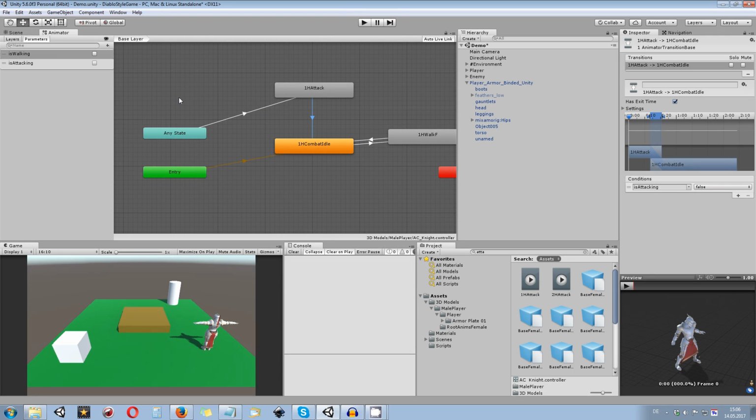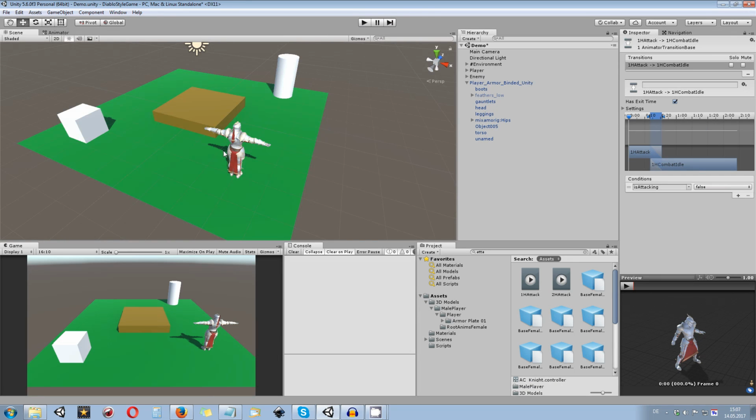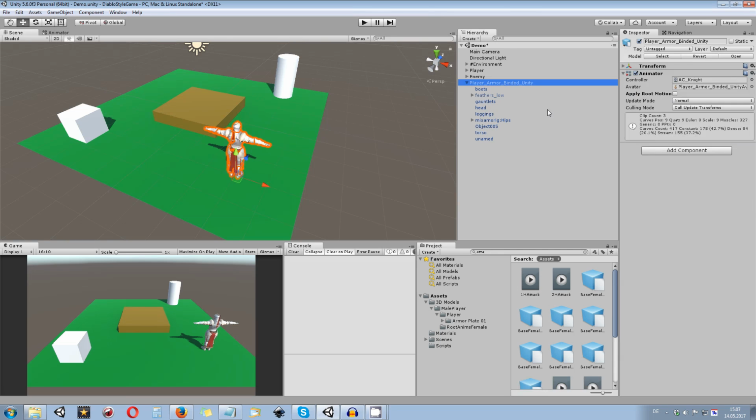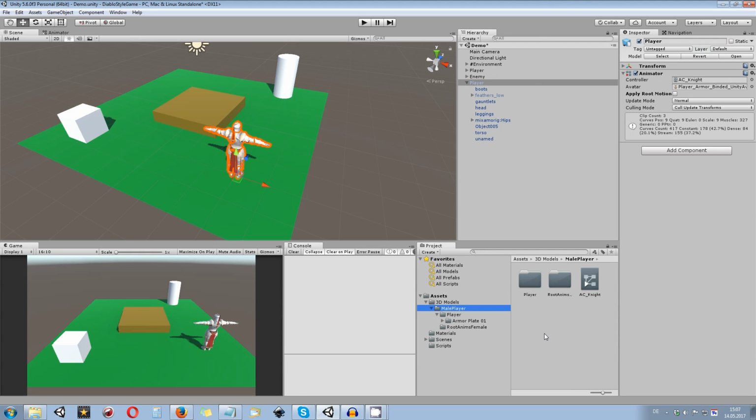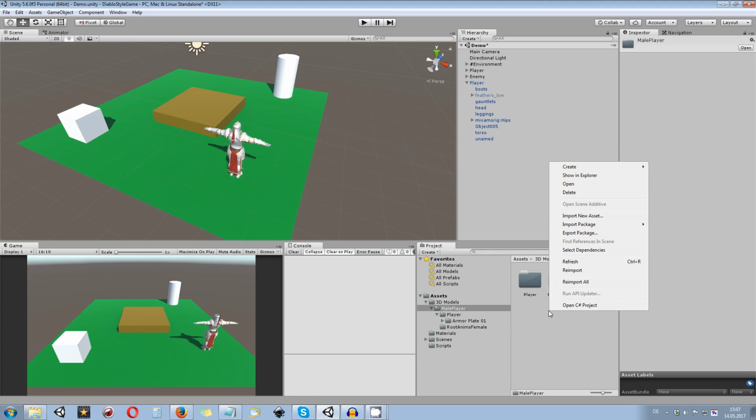So now, of course, we want to make sure that we are able to move our player inside the scene, as we already have done with the little cube in here. So we need to pass over all the information we need directly onto our player. You can always go in, of course, and rename your player if you want to. And maybe you also want to create a prefab out of this. So inside maybe the 3D models male player, I don't know, create a new folder,